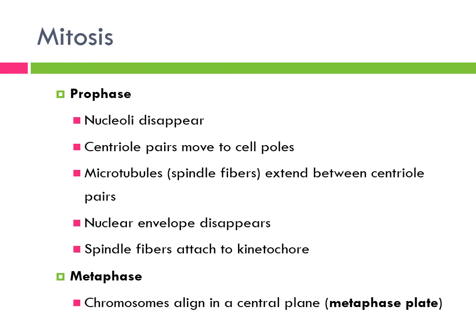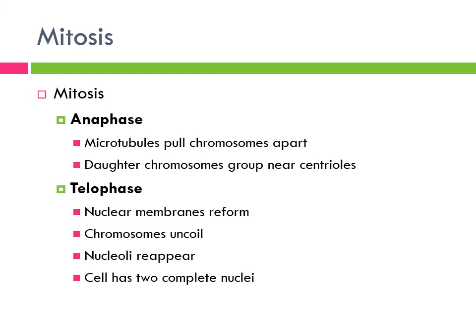During metaphase, the chromosomes are going to align in a central plate called the metaphase plate. During anaphase, the spindle apparatus pulls the individual chromosomes apart and creates a set of chromosomes on either side of